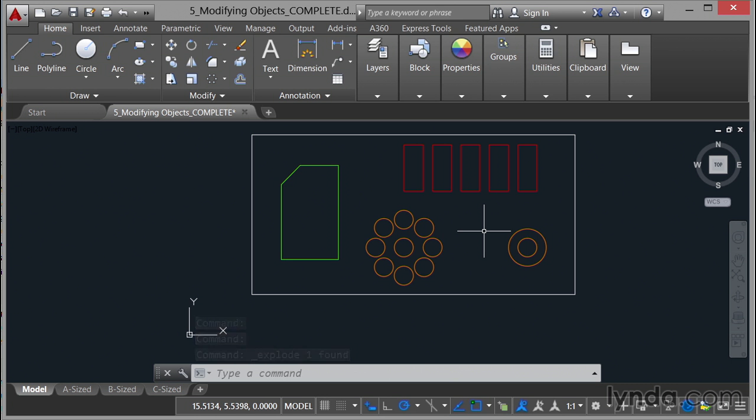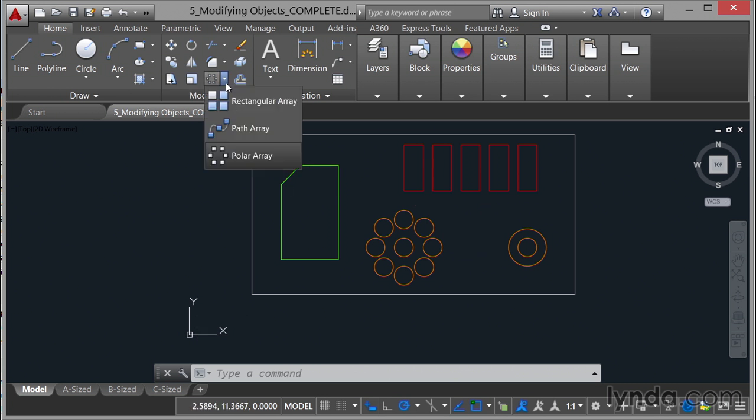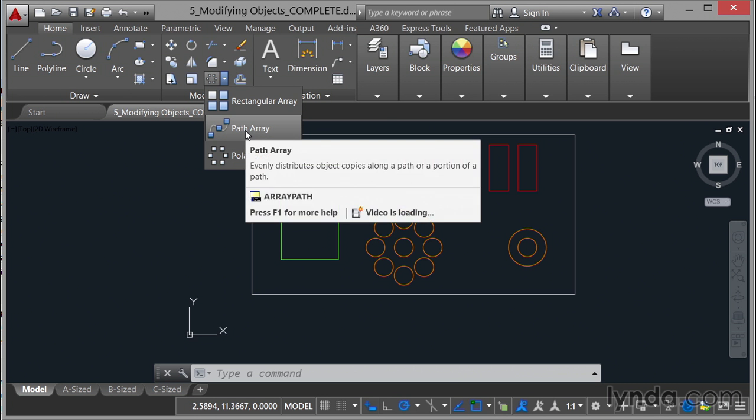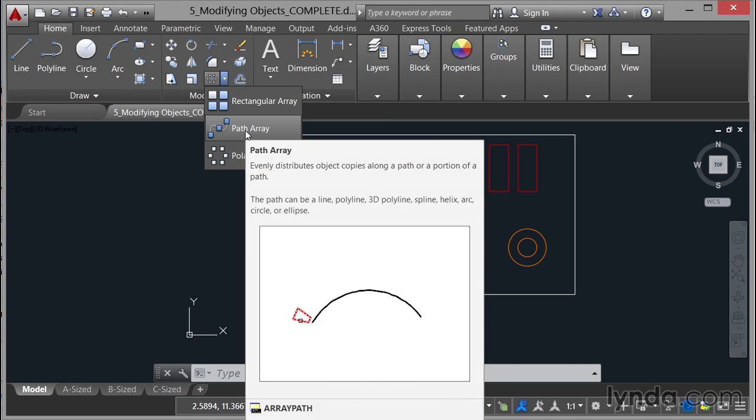So that's how you do a polar array and a rectangular array. Now, what was that last array that we had here, this one here? It's a path array. So if I select path array, that evenly distributes objects along a path. So how does that work? Well, if we watch that little video there, can you see I can select an arc and place objects along